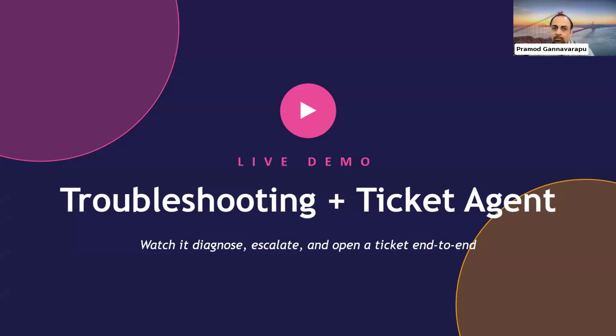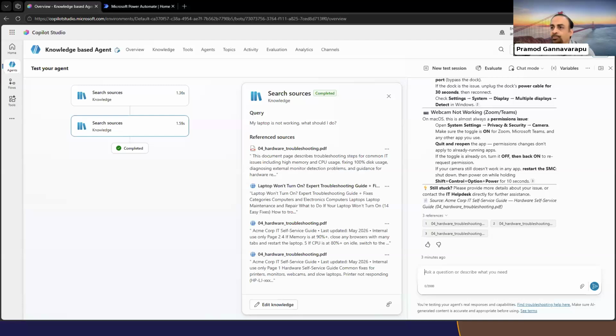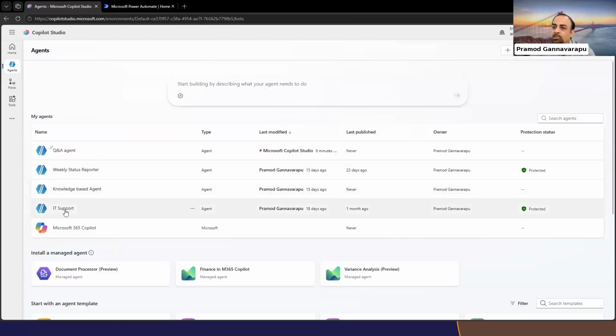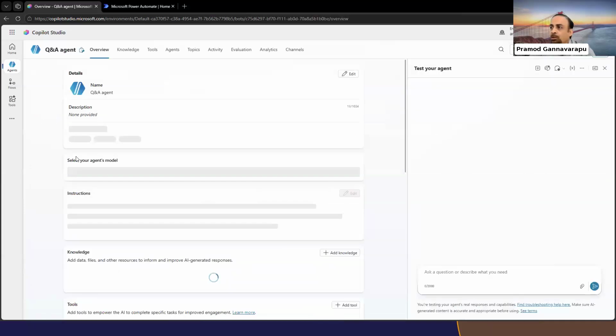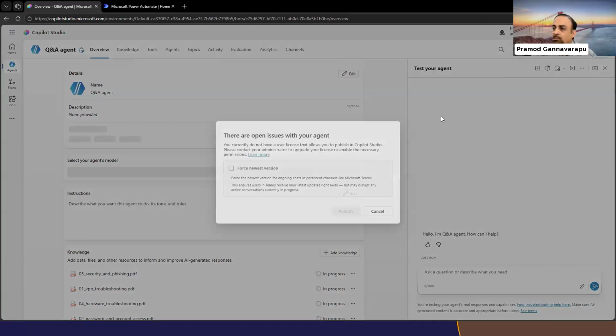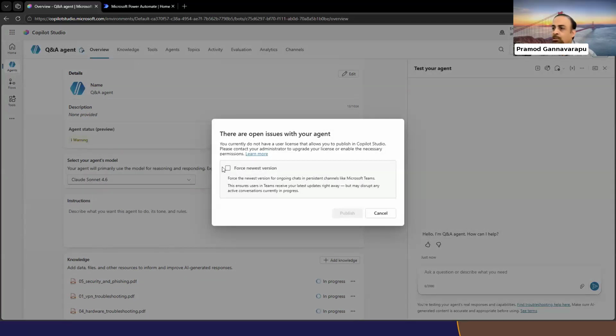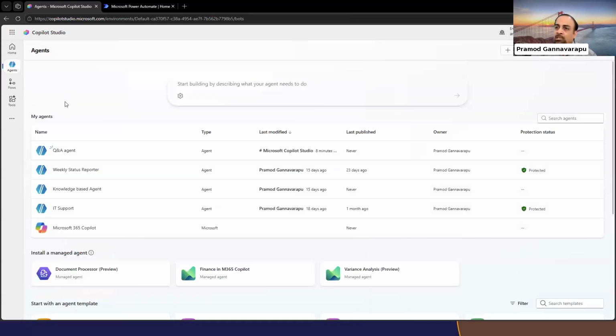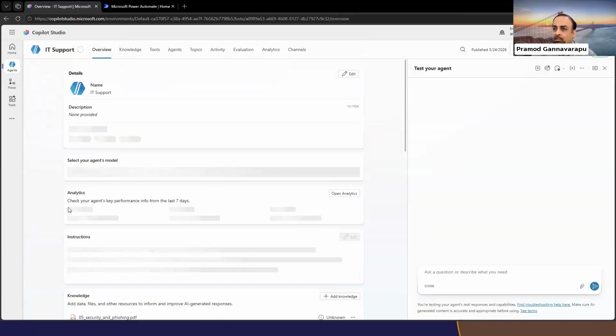So let's go to that. I was talking about publishing the agent. My license is limited, so I don't get multiple options here, but it will give you an option to publish into SharePoint or Teams or multiple channels once you click here, once your agent is built. Let's go to the IT support agent,